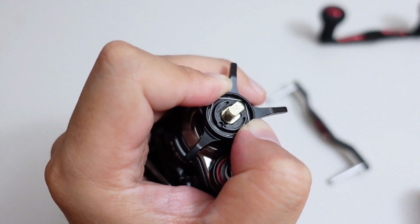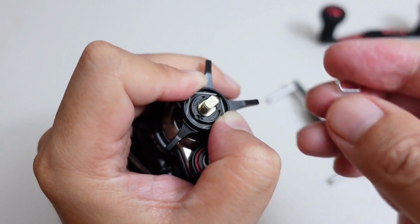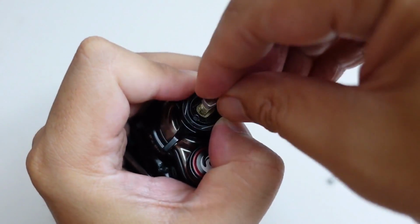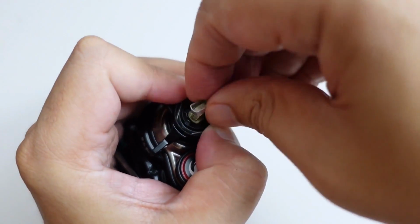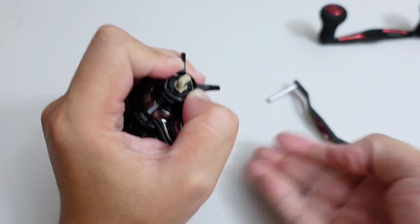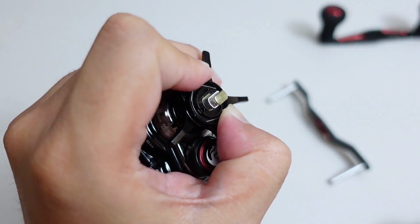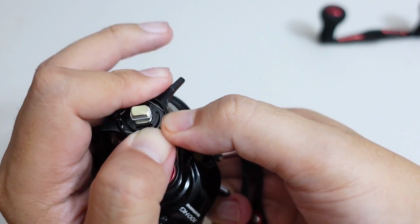So when you're ordering handles for your baitcaster on AliExpress, a lot of them are going to come with this little spacer, so you can use these handles on Shimanos. And they fit over the main shaft just like that. That way you can slap on this handle